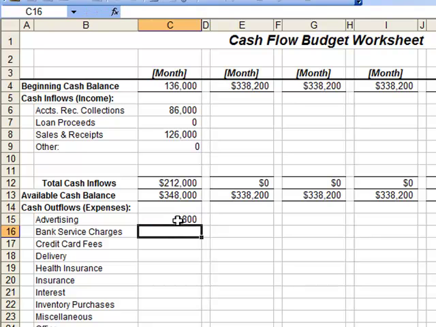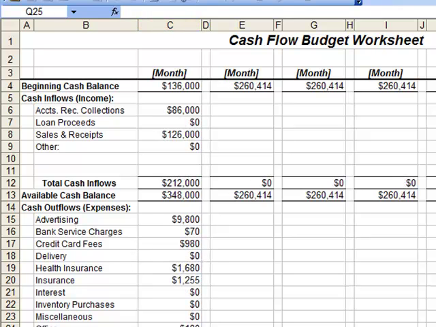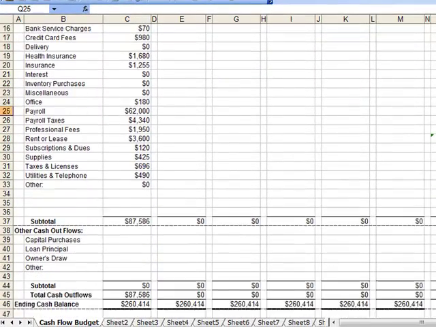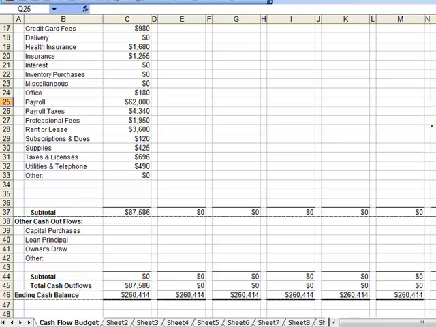These are actual checks that you intend to write or actual cash that the business spends. All cash disbursements and checks written will be totaled, and the sum will appear in row 37. Below the subtotal of the regular monthly cash disbursements, there is a section for capital purchases, owner's draw, and loans